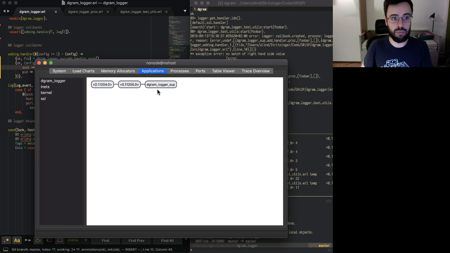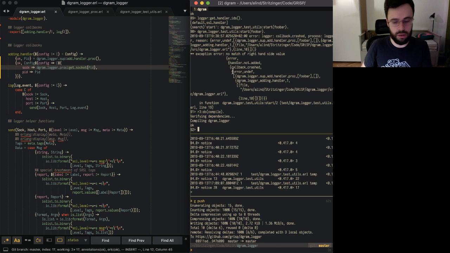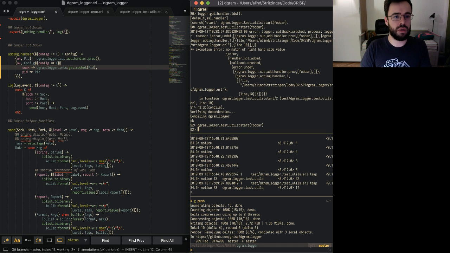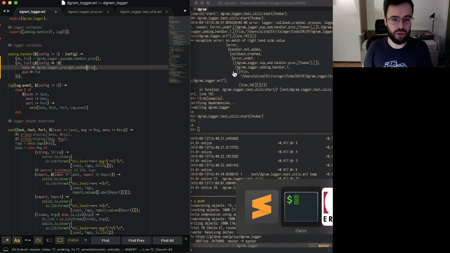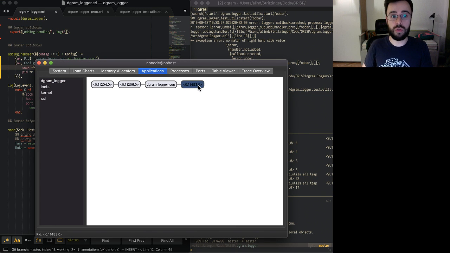My application is still up and running because Erlang is cool and it supervises everything, so I don't need to deal with this, and nothing was really destroyed. And I can actually, so I recompiled this just now, I can just do this again. Oops. And it should work. So let's check here. Now we have the anonymous process started,